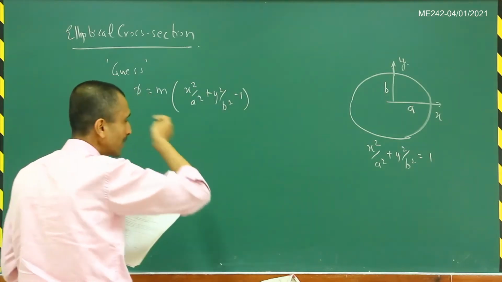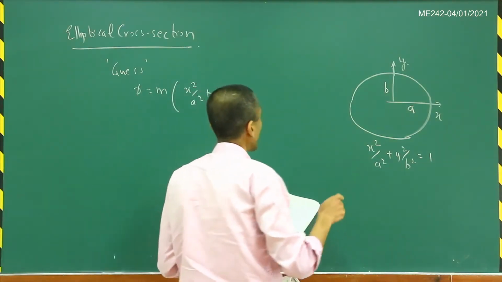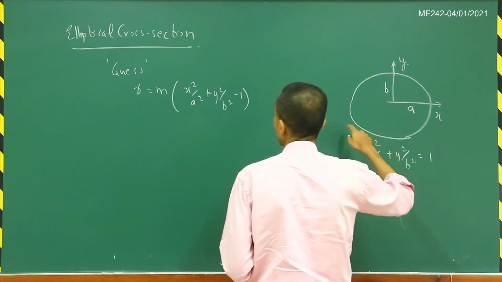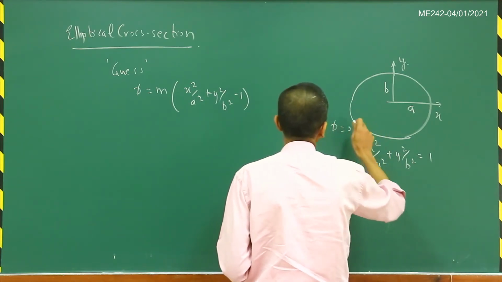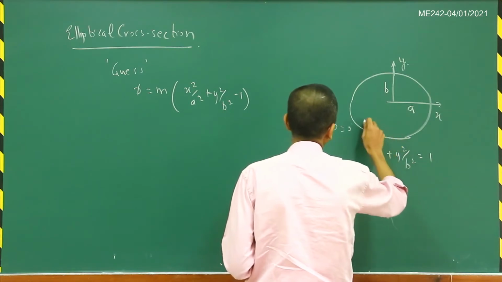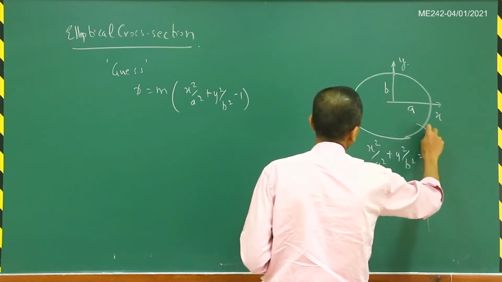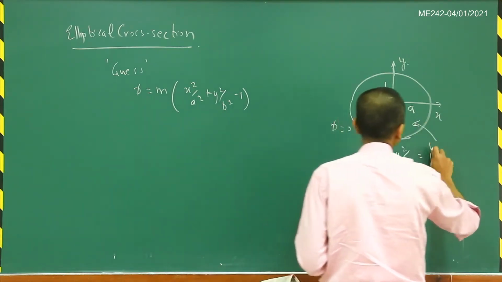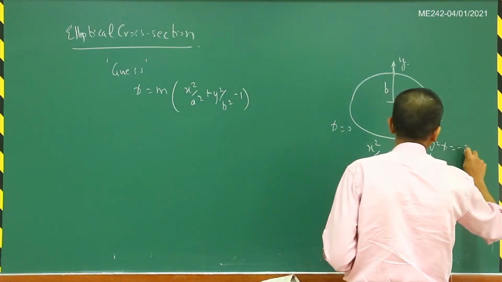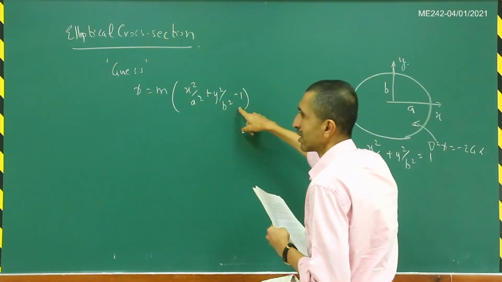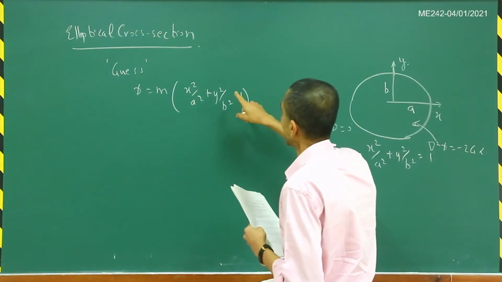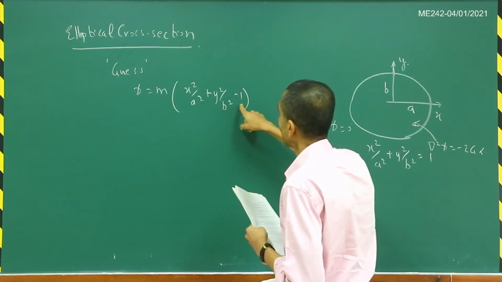We know that phi should be equal to 0 on the boundary, and inside this domain del square phi is equal to minus 2g alpha. We write the equation of the boundary itself, because we can directly see that phi will